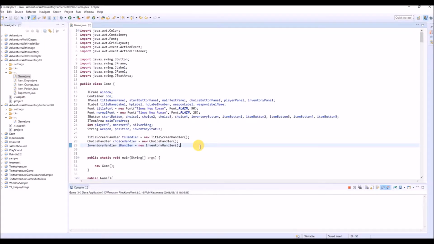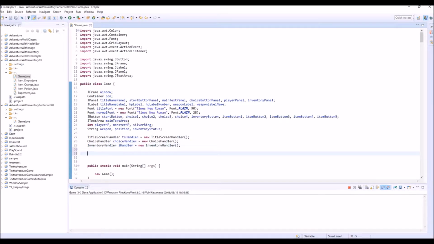Okay, first we're gonna make a thing called array, and with this array we're gonna handle our inventory slot. We're gonna type like this, string. So we're gonna use string, but it is not a normal string, but this time we're gonna use a string array. You type like this, string and a bracket, and name this string array. I'm gonna name this player item. So this is the name of this string array, and new